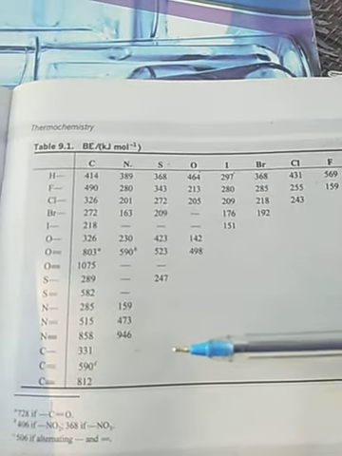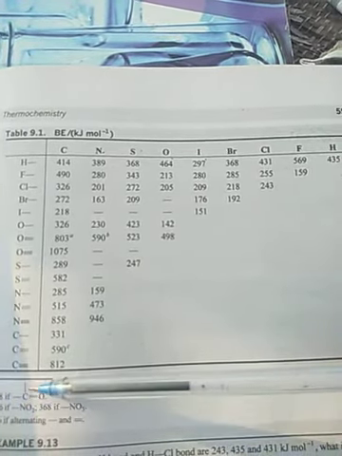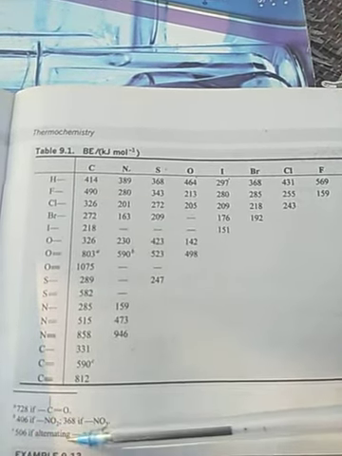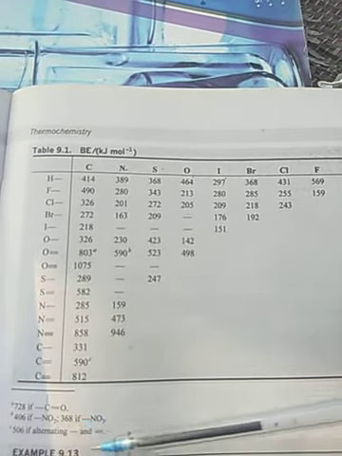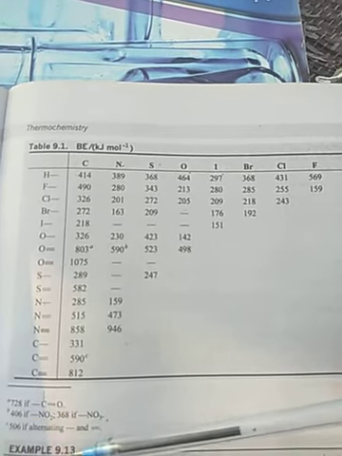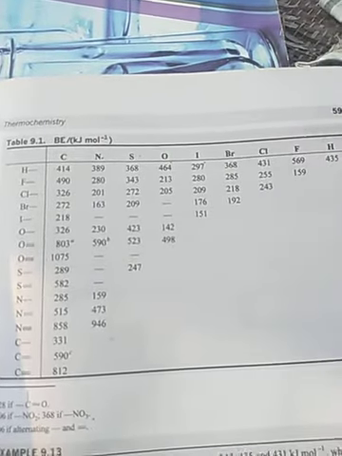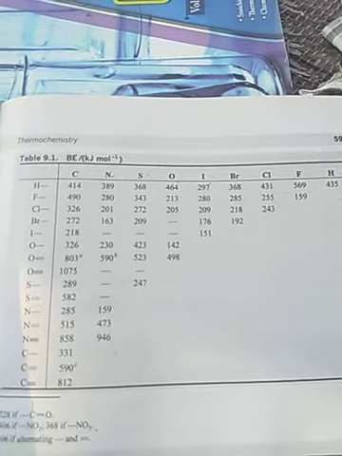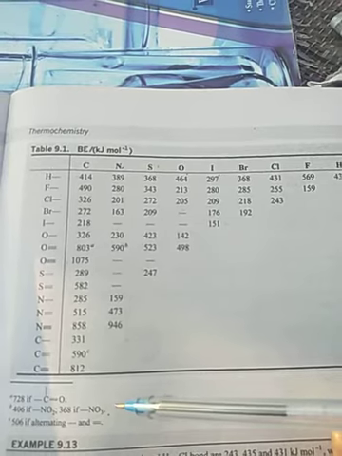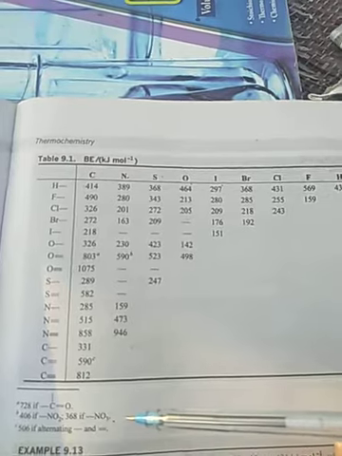Now see here: 728 if the C double bond with keto group is present, bond enthalpy is 406 if NO2 is present, 368 if NO3 is present, and 506 if alternate single bond and double bond are present in the molecule. These are the values for the calculation. These values are very important, learn them properly. These three values are also very important when we are doing calculations. They will give the values in the exam, and then we can calculate some questions based on them.